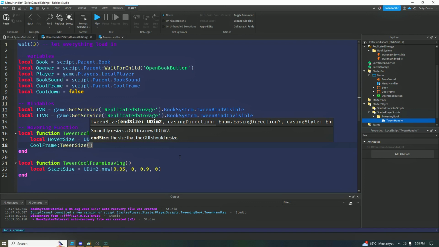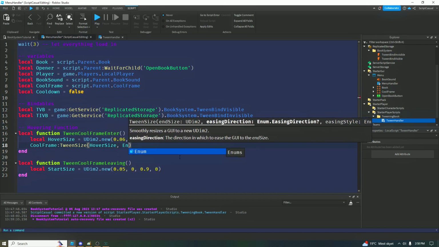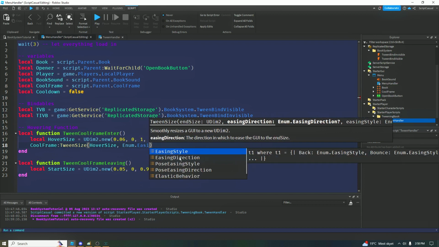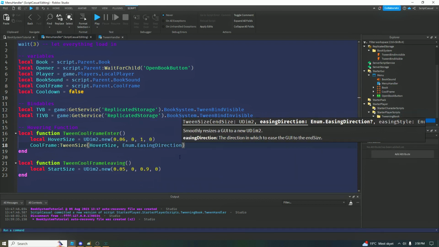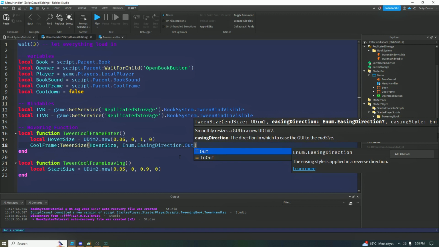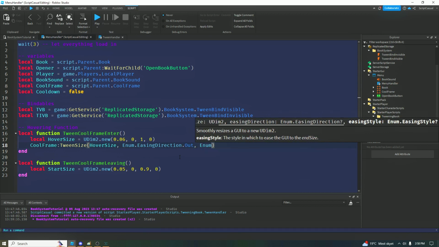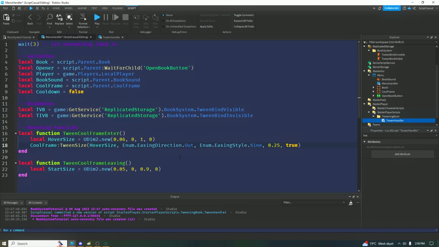So the end size is going to be the hover size. The direction is going to be Enum.EasingDirection, and then we're gonna give it Out. You can do In or InOut. I'm gonna do Out. And then you can do Enum.EasingStyle, and in my case, either gonna go for Linear. I'm actually gonna go for Sine. I want it to take 0.25 seconds, so like a fast, smooth. And do we want it to override? Yes. I want it to override the actual start